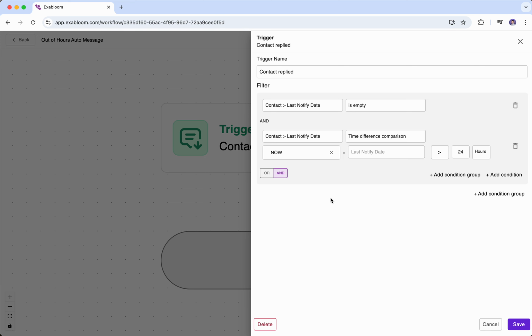Right? So another common mistake that I see is most people would use and, right? In this particular case, you will have to use or. So what this means is that as long as any of these conditions is true, we will allow the contact to enter this workflow. So for example, right? For example,